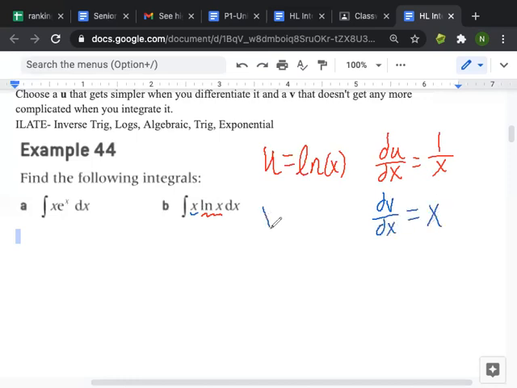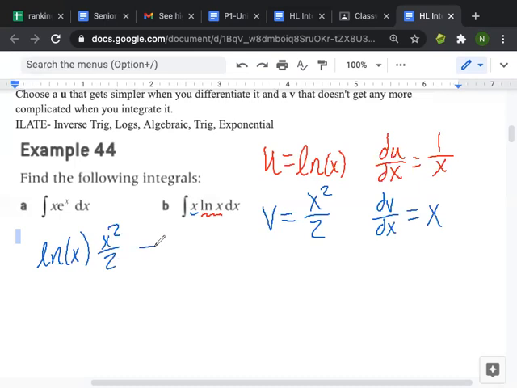And in order to figure out what v is, I have to integrate it. So the integral of x is x squared over 2. So now using all of this information, I just have to plug it into my formula. The first one is just uv. So that would be the natural log of x times x squared over 2